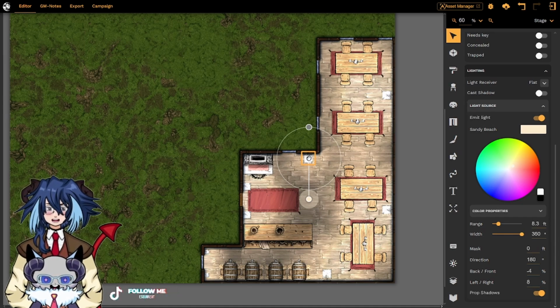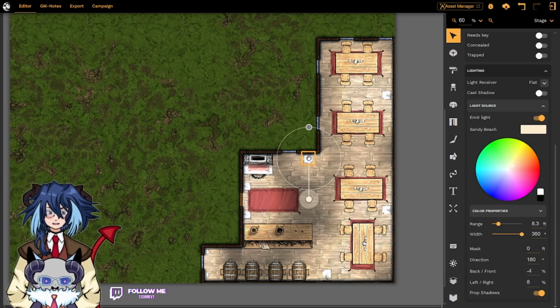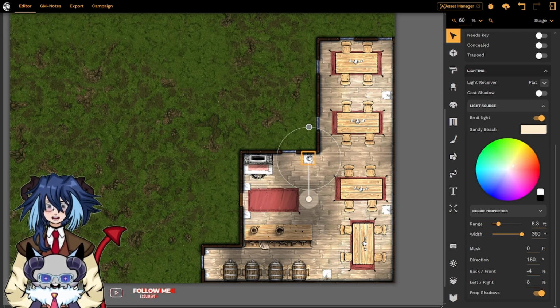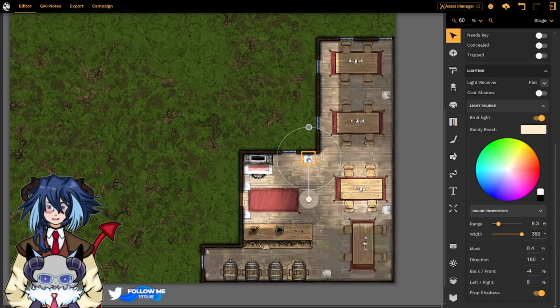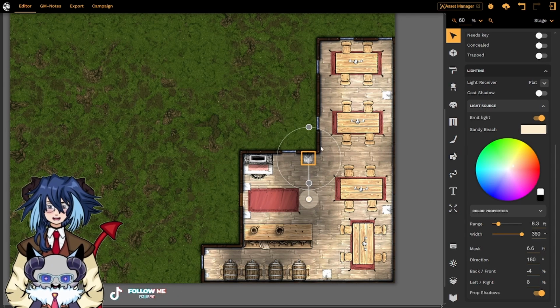So if you're creating a light source, perhaps on top of something that you want it to be emitted out, but not on the bottom, let's say, or you want to increase the amount of masking that that light source has on it, then all you have to do is select this circle in the middle of the asset and then begin pulling it out towards the outer circle, and you can see that that masking circle gets larger and larger, which means that any object within that darkened circle will not be affected by the light source,